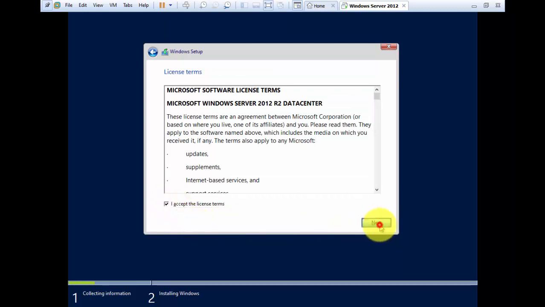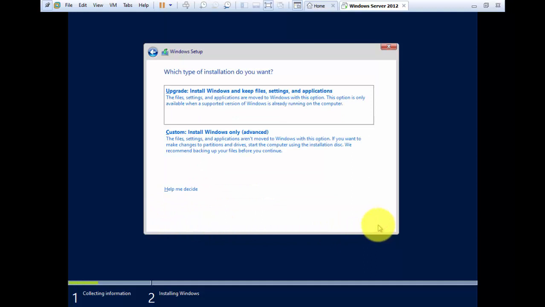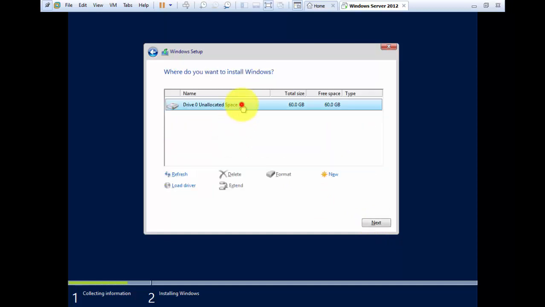Accept the license agreement and click next. What do you want to do: upgrade or custom install? You select the second option, custom install. What is the disk space that you want to use? This is what we have created as a virtual disk, and we'll use the entire disk here. Click next,